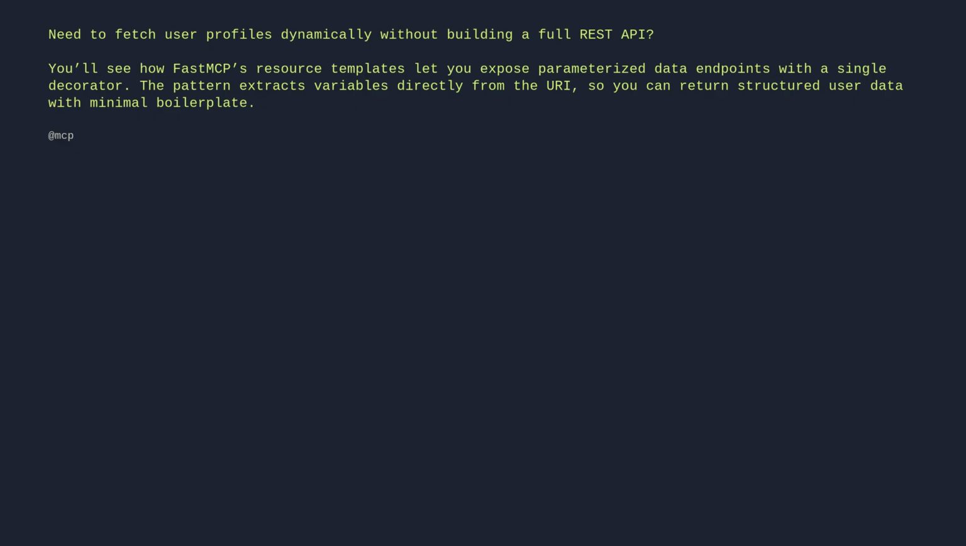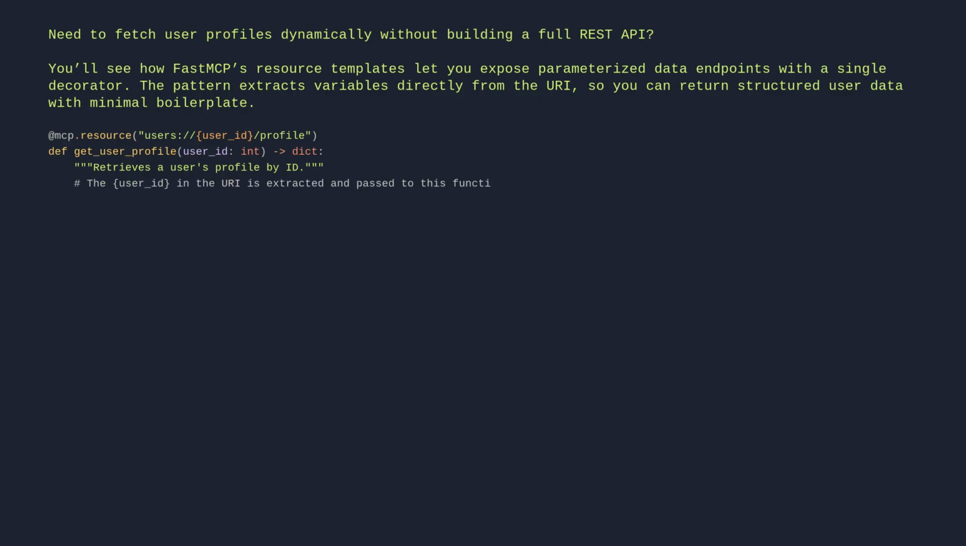@mcp.resource("users/{user_id}/profile") def get_user_profile(user_id: int) -> dict: """Retrieves a user's profile by ID.""" # The user_id in the URI is extracted and passed to this function. return {"id": user_id, "name": f"User {user_id}", "status": "active"}